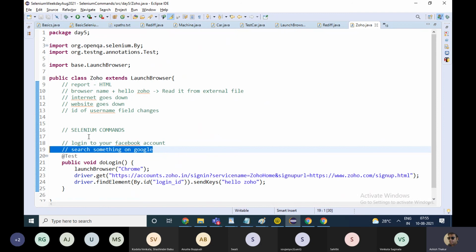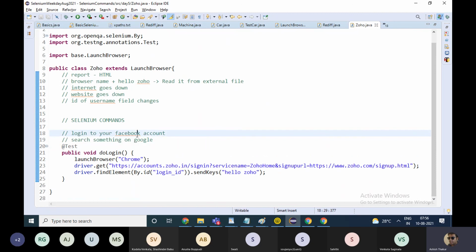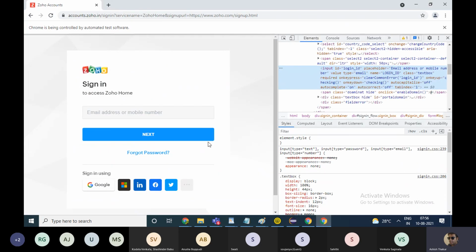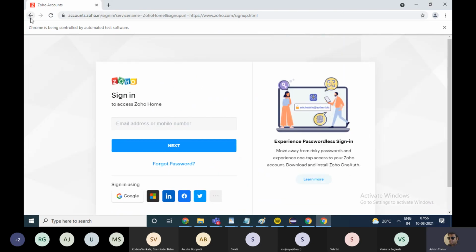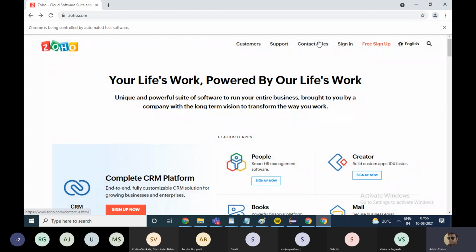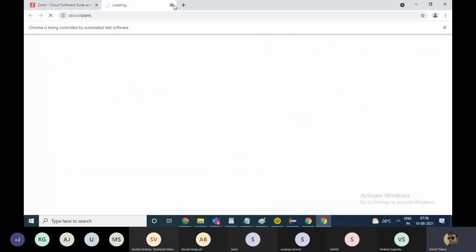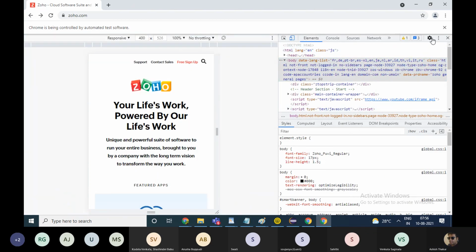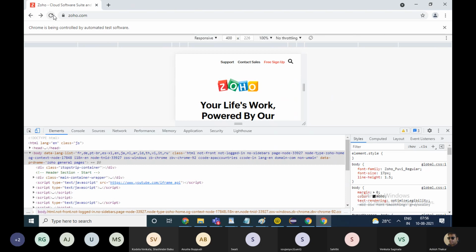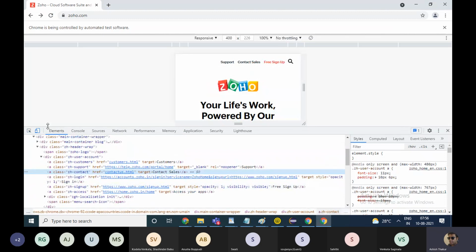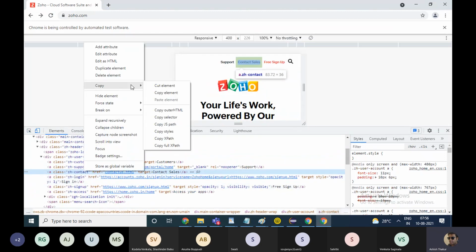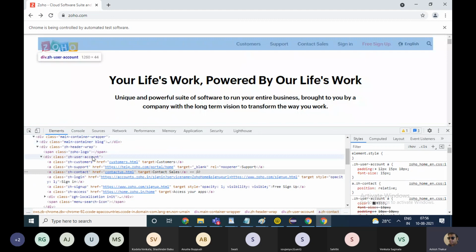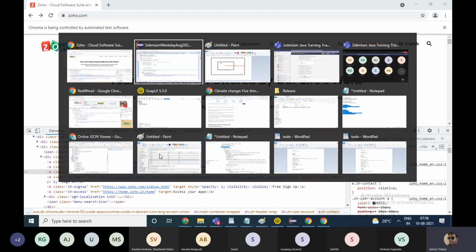It's not that you have to build a complete end-to-end project in the beginning. Take up small examples on the internet. Try to interact with some elements on the web page. Try to click on this link, this link. You just need to investigate the link and then right click on it and copy the XPath or something. So this is the thing.